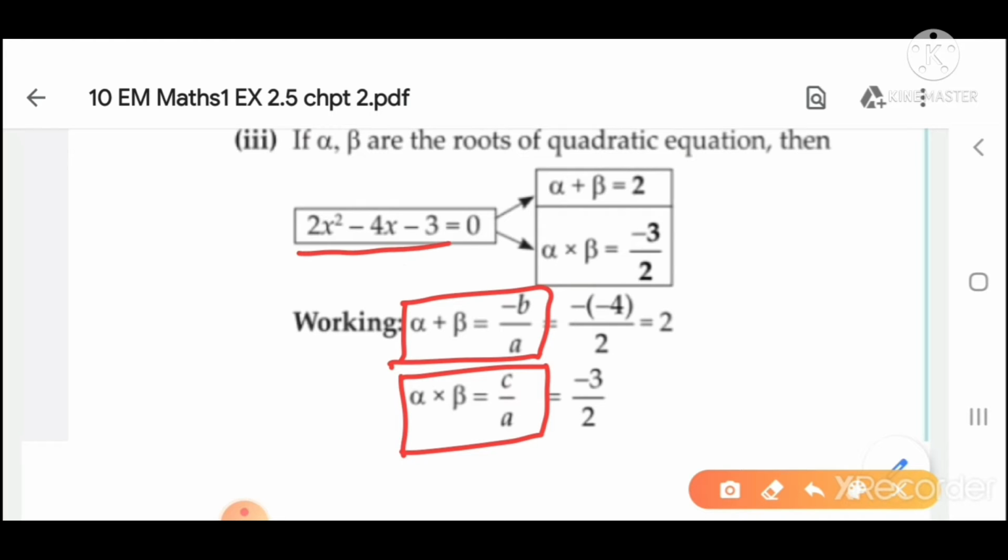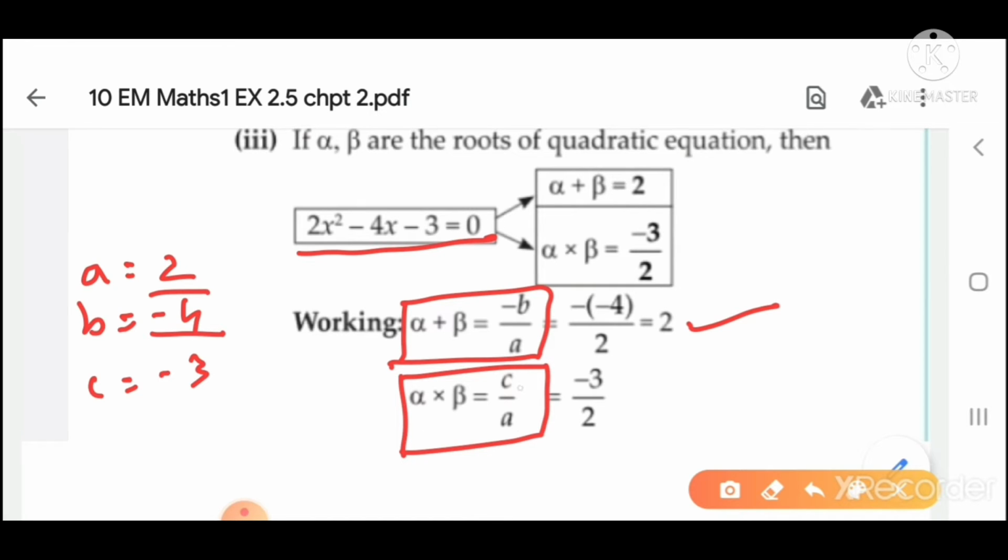Now from here you find out the value of a, b, c from this equation. I will write here a is 2, b is minus 4 and c is minus 3. Now substitute in this formula, alpha plus beta equal to minus b upon a. So minus b means what? Minus sign will remain, and the value of b here is -4. So substitute -4 upon the value of a, that is 2. Minus minus gets cancelled, 2 1s are 2, 2 2s are 4, you get the value of 2. Alpha plus beta is equal to 2.